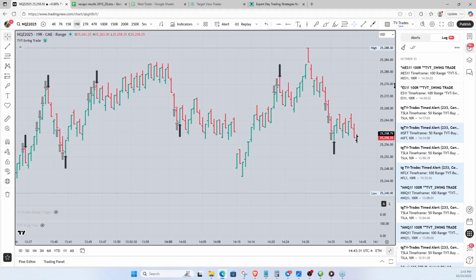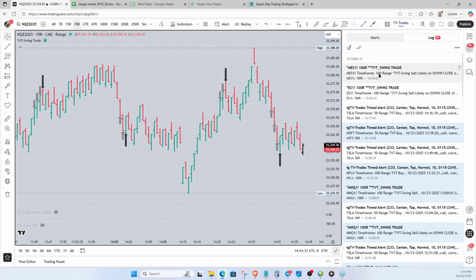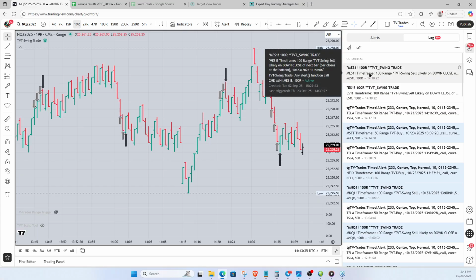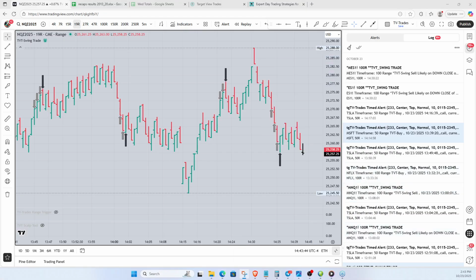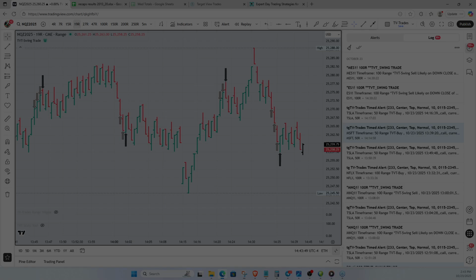But you can see the swing trade alerts, they look like this. Can you read that right there in the black? If I hover over it, you won't see it. Hang on, let me do this. Let me turn the timer on this. Oops, I didn't mean to do that.